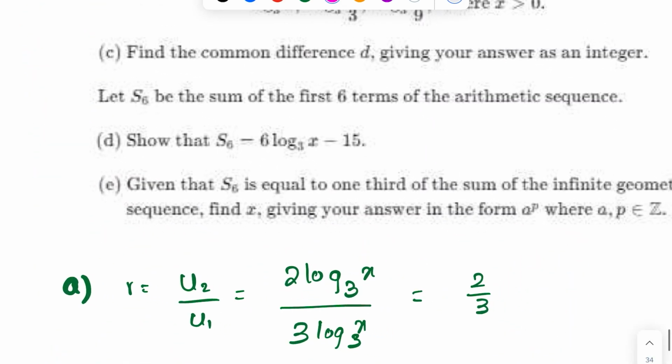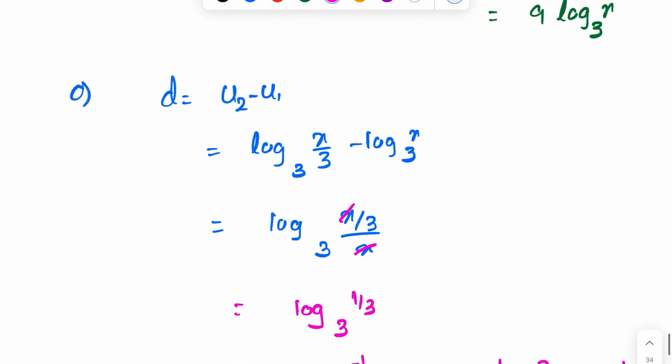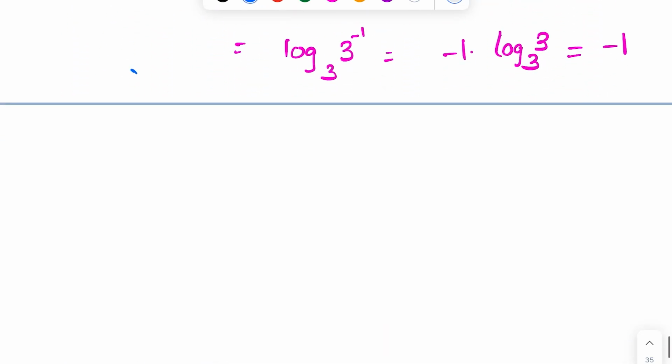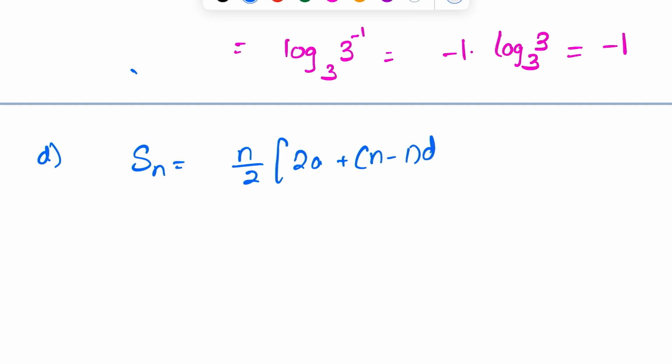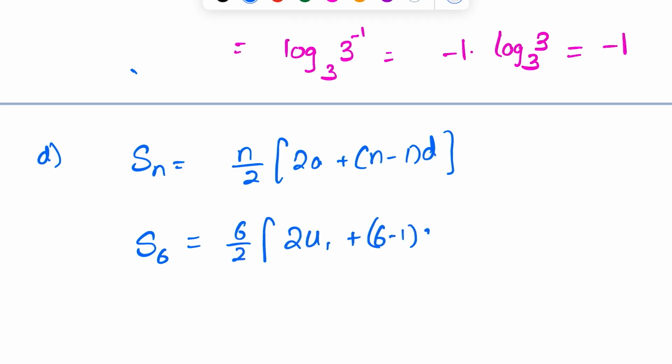Part D. Show that S6 equals 6 log x to the base 3 minus 15. So S6. For part D, the Sn formula. The Sn formula is n upon 2 times 2a plus n minus 1 times d. So we want S6. So 6 upon 2 times 2 u1 plus 6 minus 1 times d. A means the first term or u1. So 6 upon 2 is 3